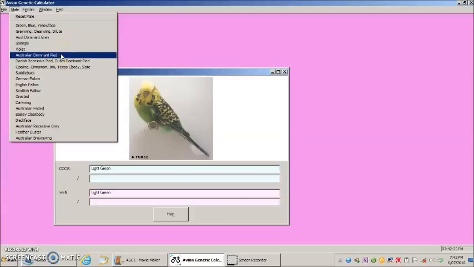In fact, in budgerigars, as an example, there are millions of visually different variety combinations. If you could include all the possible recessive split combinations as well, there are actually billions of possible genetic combinations. With so many possible combinations, it's not practical to list every possible combination in one great big long list. But Avian Genetic Calculator can handle every one of these billions of combinations, and the way it is done is